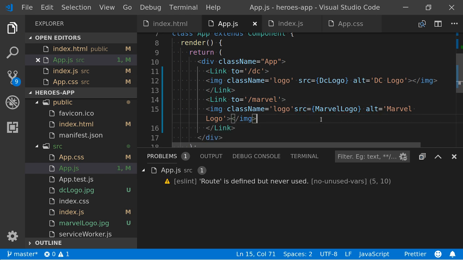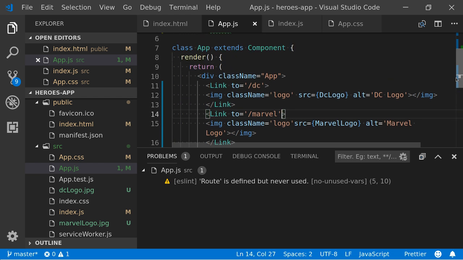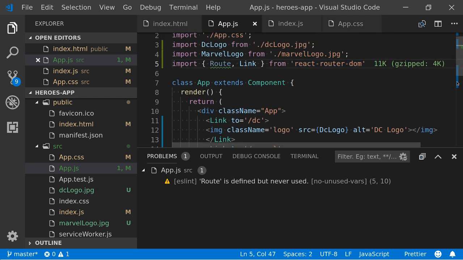Okay, I was just missing a closing. How are we getting on, guys? You alright? It doesn't do anything at all yet, though, does it? Does it? Or... Yeah, it does. Okay.